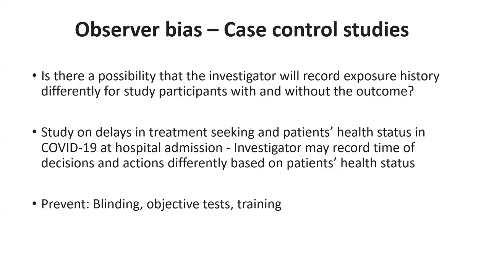So again, is there a way of doing blinding? I think it would be difficult in this scenario, but one person decides upon the outcome and then another person takes a history from some informant about whether there is delay in seeking treatment or not. For other outcomes, again, try and replace subjective reporting with objective tests. And for any bias which can creep in because of the investigator, we should look at training the health personnel or the investigators so that they follow standard operating procedures for data collection,